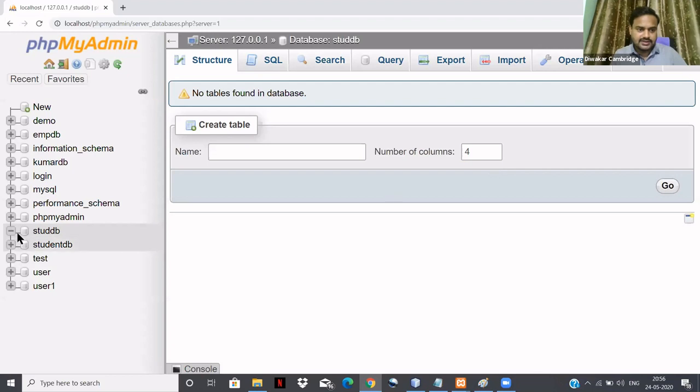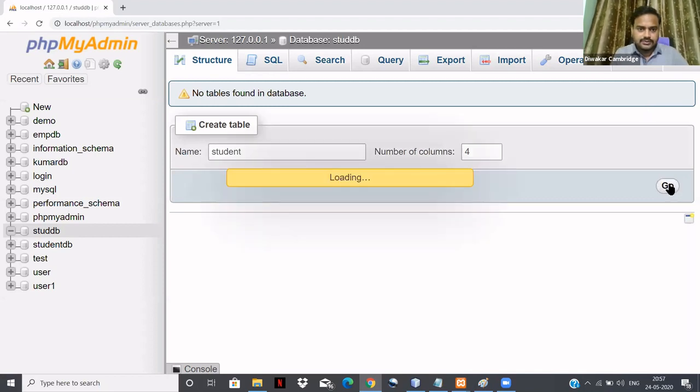You see the database will be created here. You can create the queries here. Inside this database, you create one table called student. You include 4 columns. Then you click Go.